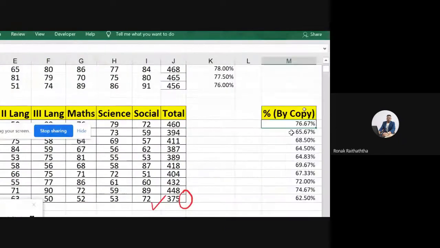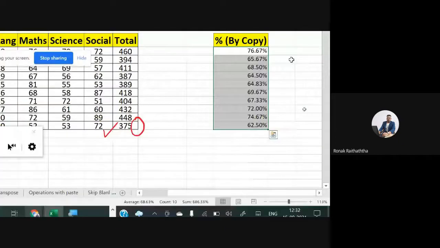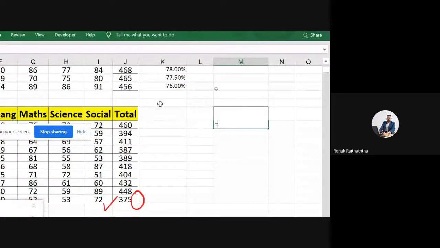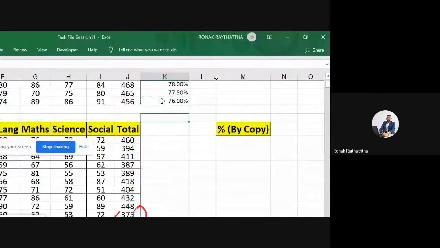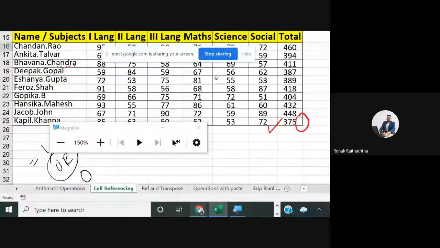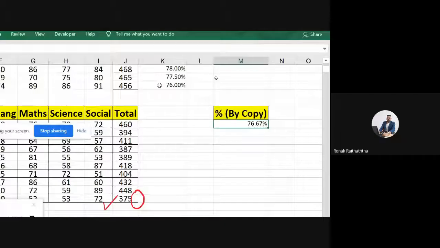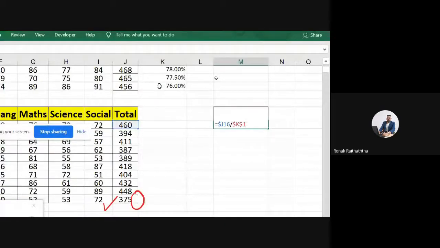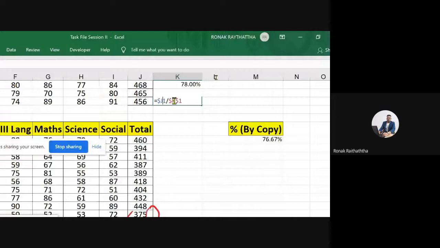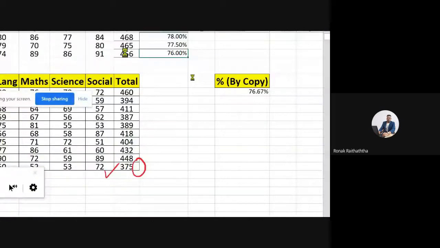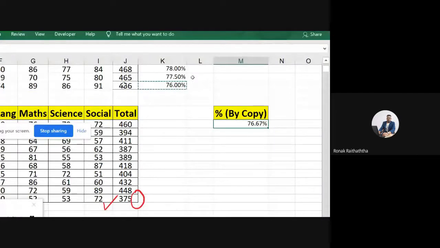I'm deleting this and going over here, equals to, and if I copy and paste it down here, I don't get the answer because it's a 0.